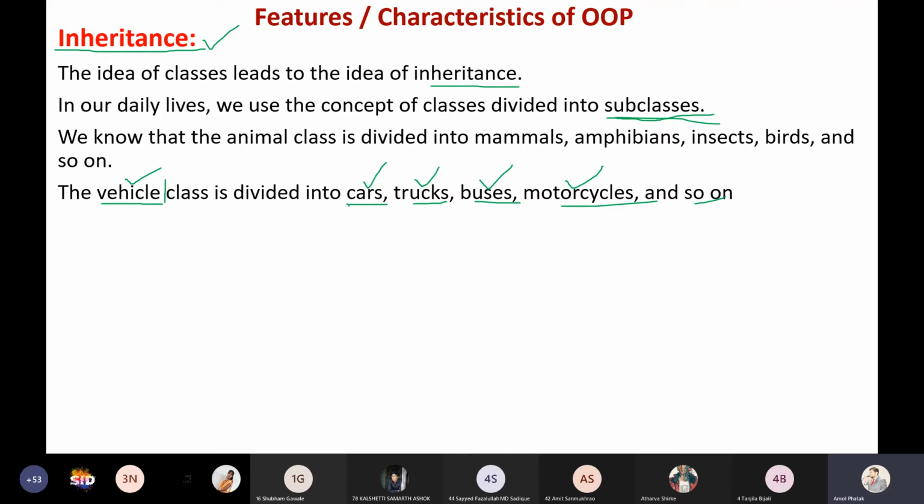characteristics. They all have some common characteristics of a vehicle, but they also have some additional properties. A car has some additional things which are not there in a truck, a two-wheeler, or a bus. So a subclass has all the properties of the vehicle, plus its own additional characteristics and functions. In such a case, we divide it into subclasses, and this is where the concept of